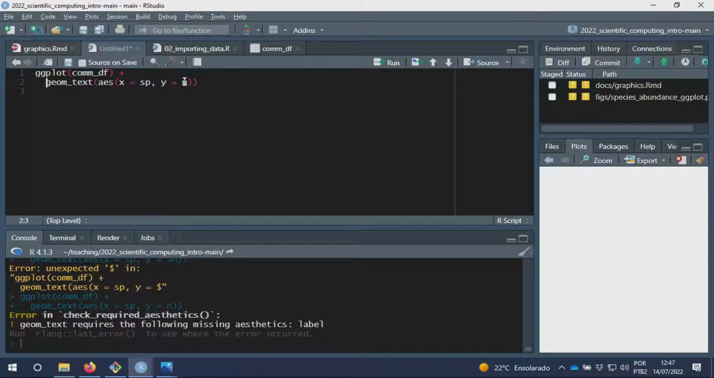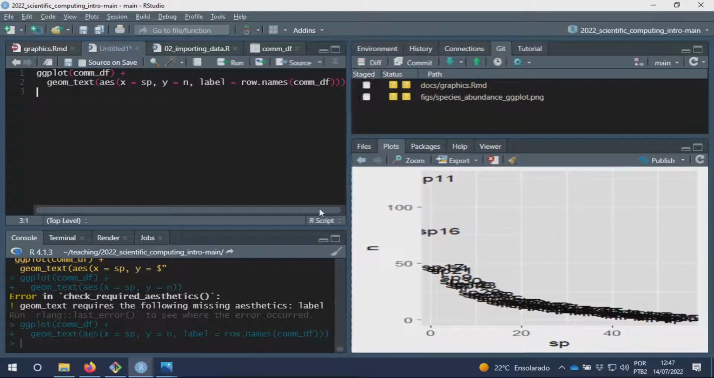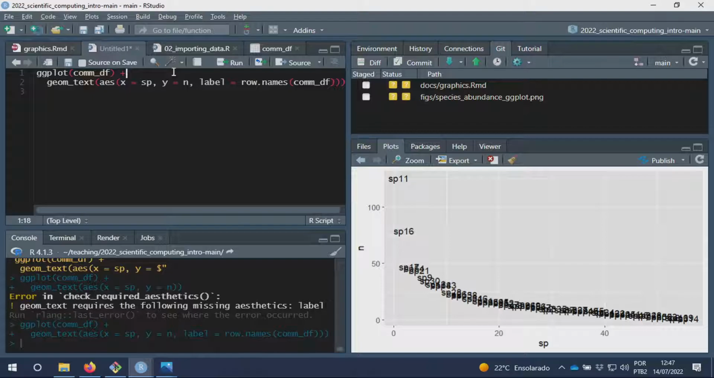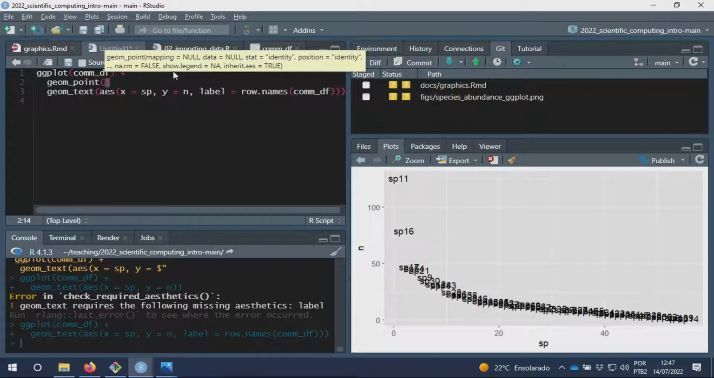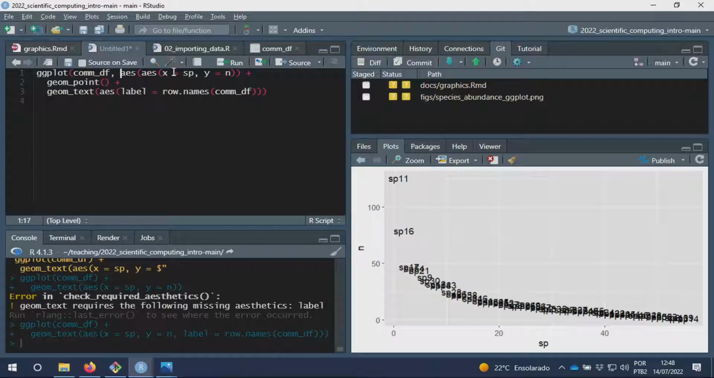Jump to the label. Yes. Label is missing. So I want to write, the label can be the row names of COMDF, for instance. So here is a way, like I could do my geom point. And if I'm doing this, it will be better to specify the aesthetics here because it's a common aesthetics for the graphics that I want to do. I want to add points, and then here I want to add my labels. I don't need this anymore, so I can reduce here. If I do this,